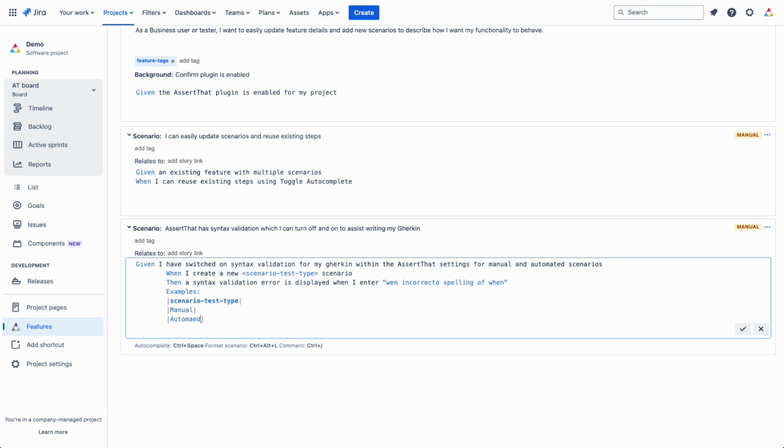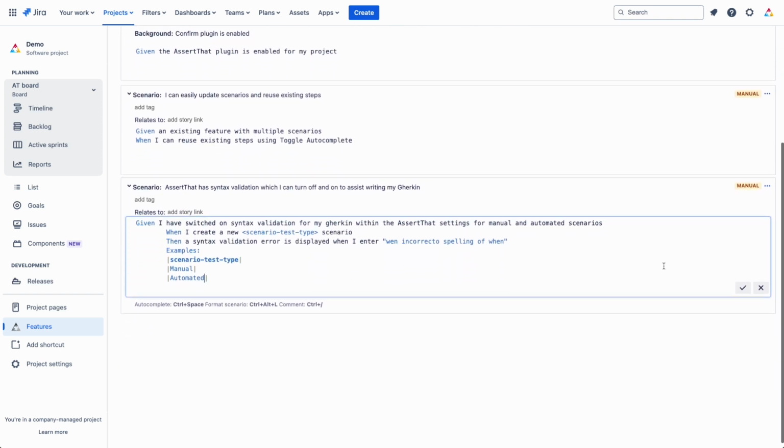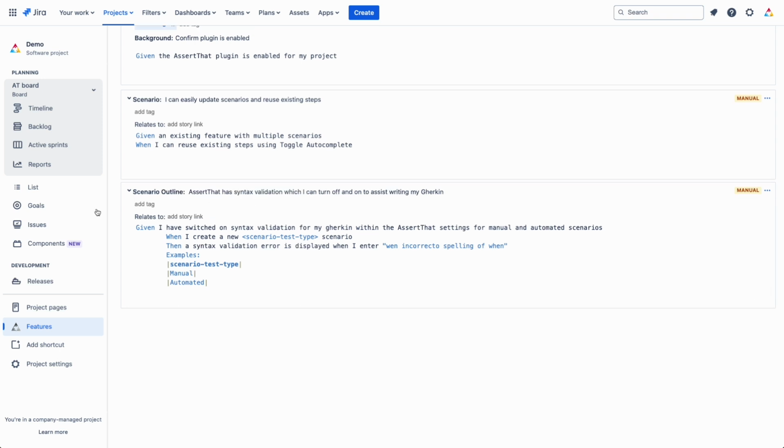And different examples. Automated. Okay, so there we go. Click on save there. And you can see that it's automatically recognised that this is now a scenario outline, and it's changed the title of it as such there.